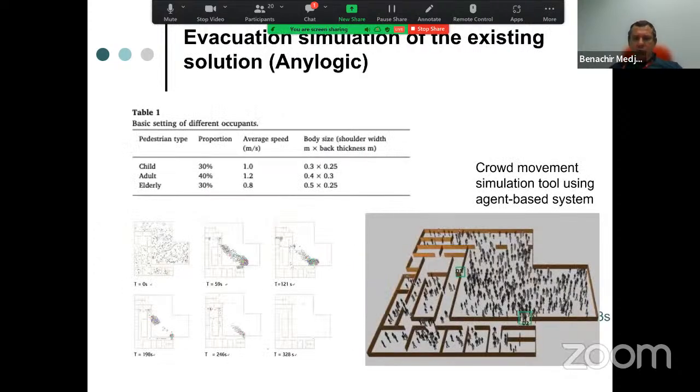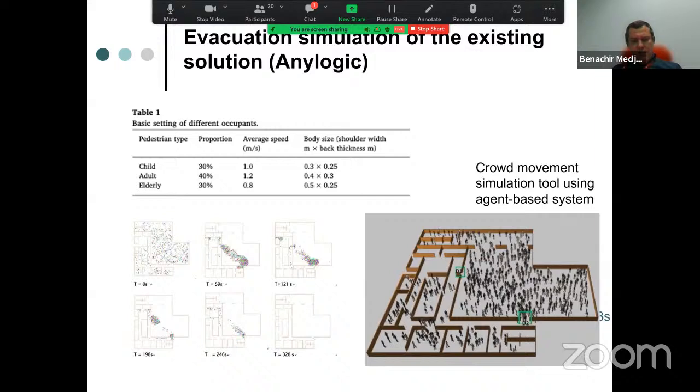Now, the first simulation work we did was on the existing solution. We tested the existing building as it is using different models. This is just one example, where we have a combination of children, adults and elderly, with different velocities as well. We used software called AnyLogic, a crowd movement simulation tool using an agent-based system.